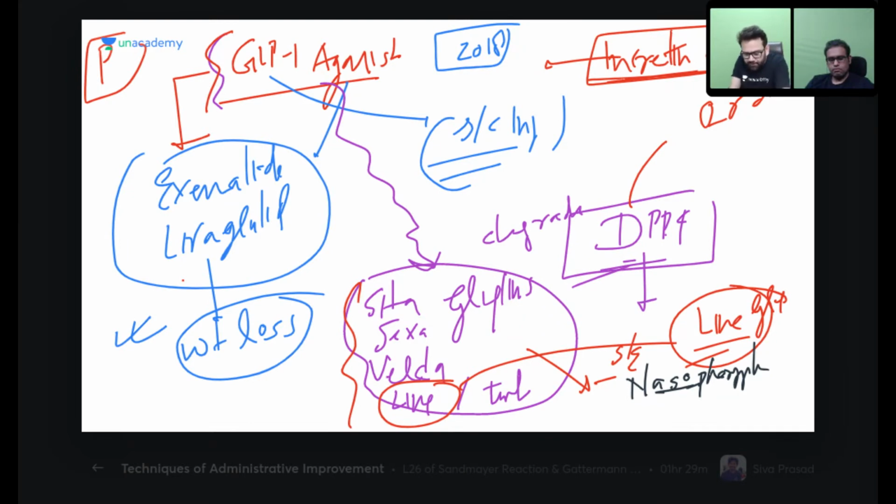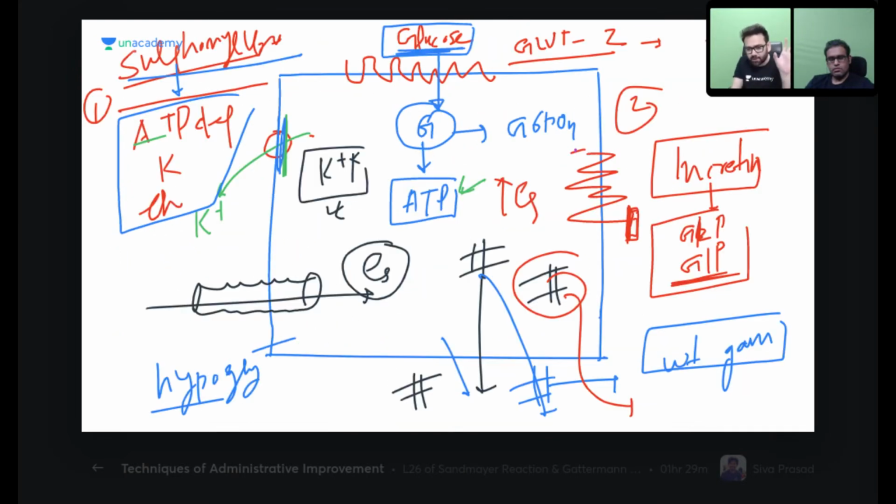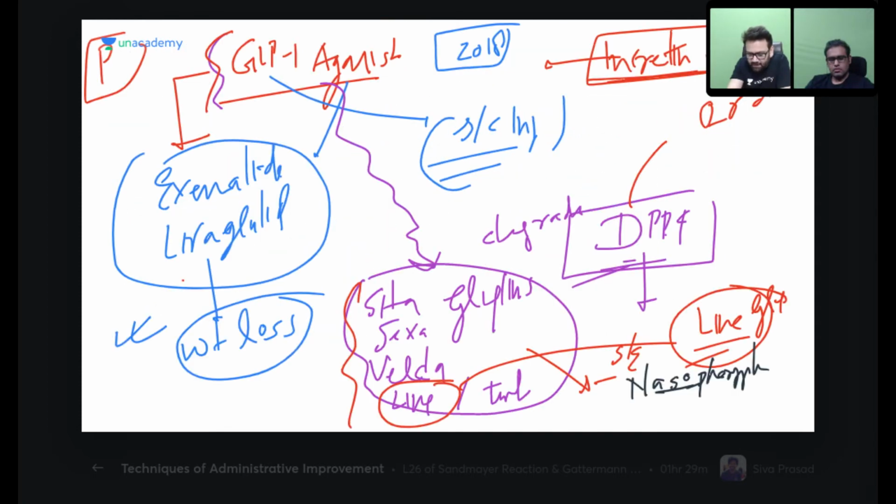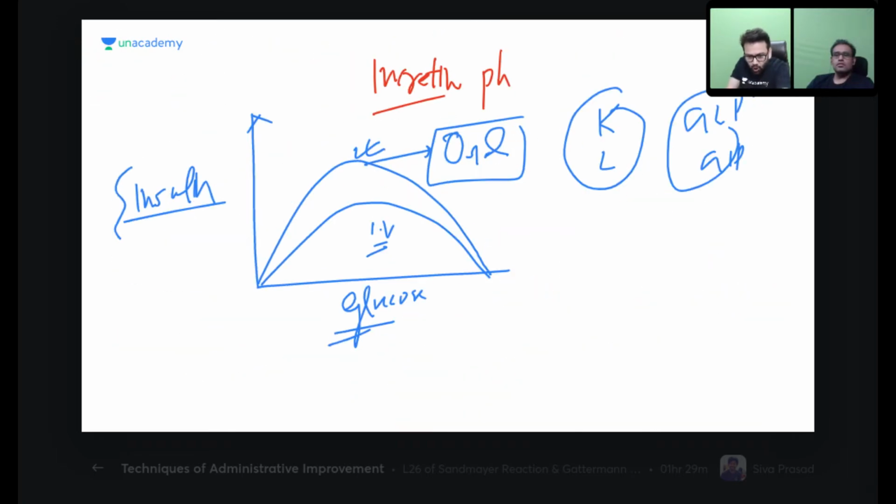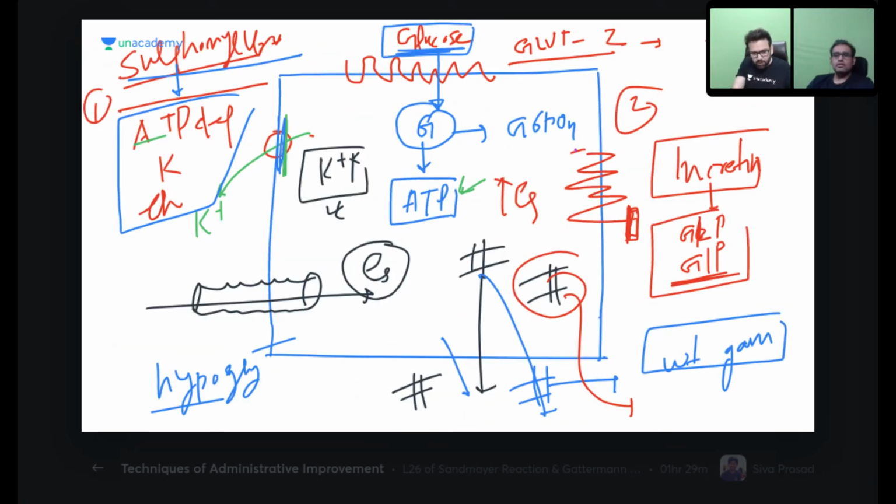Now, I want to ask you one thing. Normally you should not give any drug, only insulin. But if you have to give one drug, which is the only drug that can be given in pregnancy? That drug is glibenclamide, very good. These are very latest questions. Wonderful. So all this can be understood if you know this is a sulfonylurea and this is an incretin drug, a GLP-1 as well as GIP agonist.